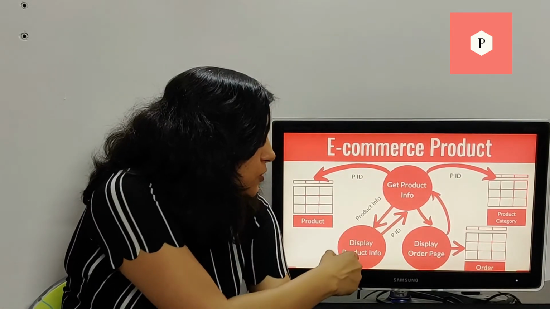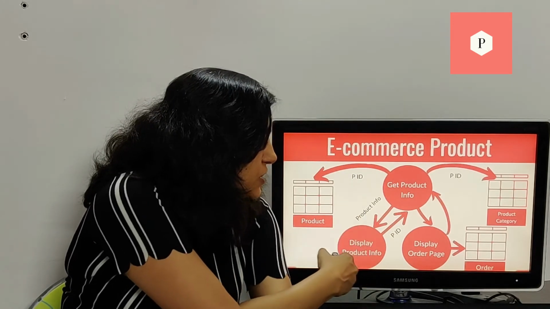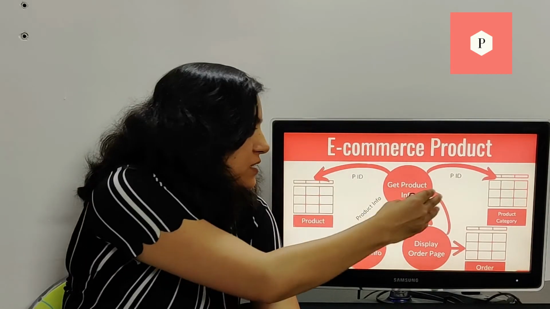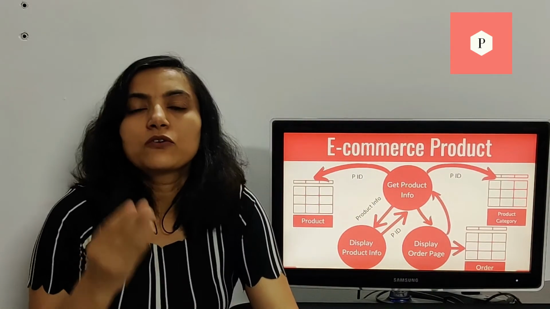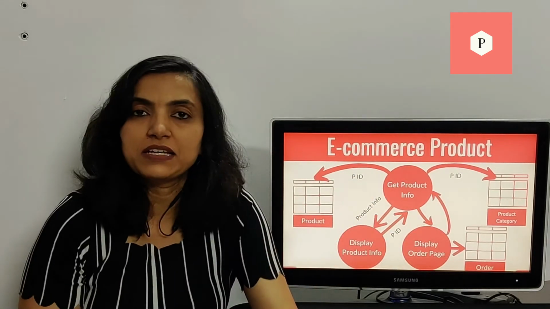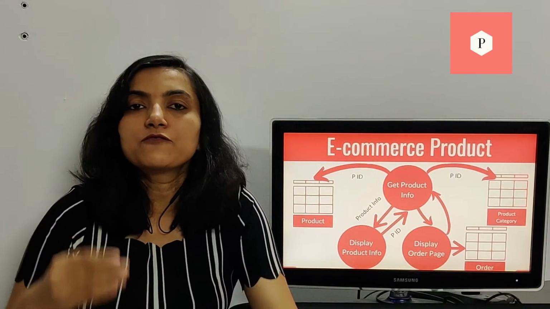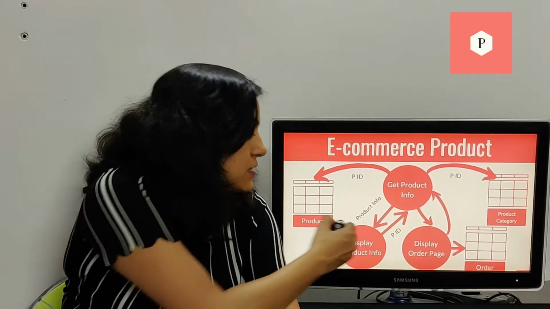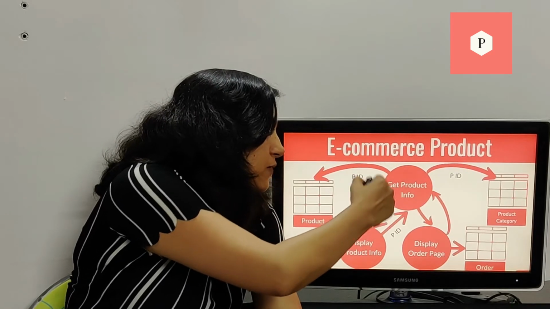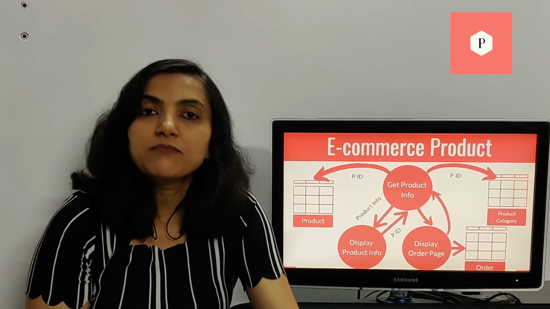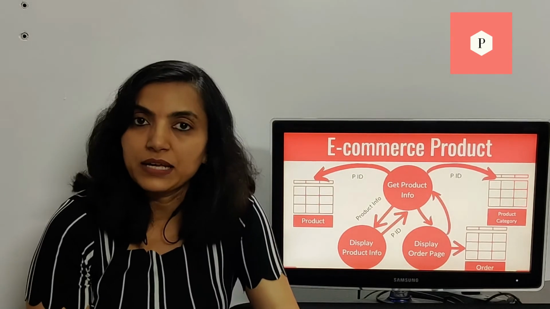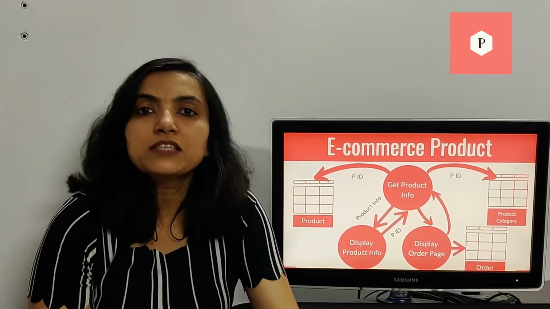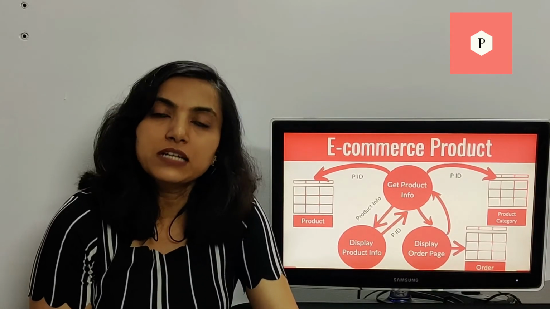If the code was not modular, and the product information page as well as the order display page were all getting the product information directly from the database, then this code would need to be changed at all of these places. So if there are 10 places where product information is being displayed, 10 different pieces of code will need to be changed. Whereas in this case, since there is only one place where we are getting the product information, we can manage with the change in only one place. Knowing the architecture of the product helps you estimate how much effort will go into a change that you need in the product.